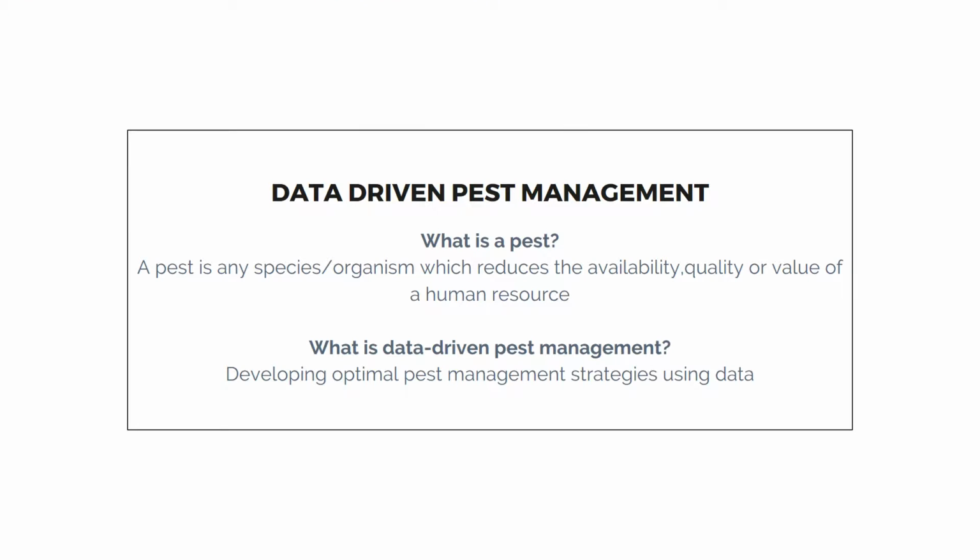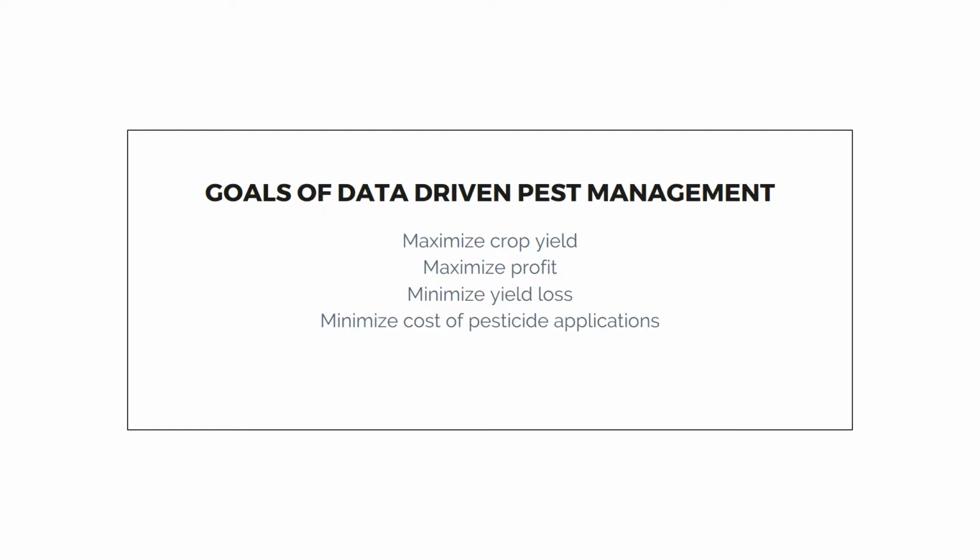First, let's define data-driven pest management. A pest is any species or organism that reduces the availability, quality, or value of a human resource. Data-driven pest management is leveraging data to develop optimal pest management strategies. This includes using machine learning methods such as regression, neural networks, and Bayesian network-based techniques, among other strategies. The goals of data-driven pest management are to maximize crop yield, maximize profit, minimize yield loss, and minimize cost of